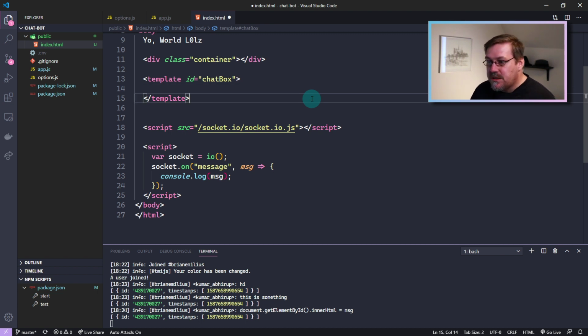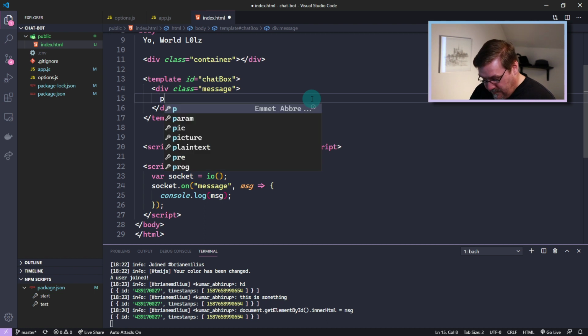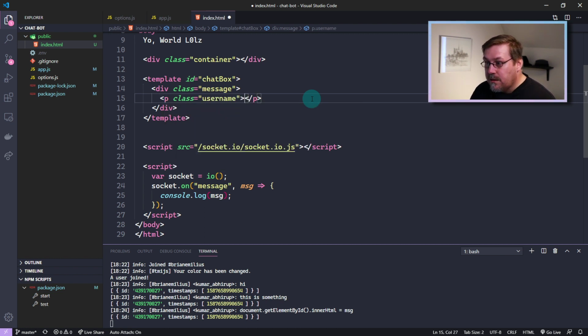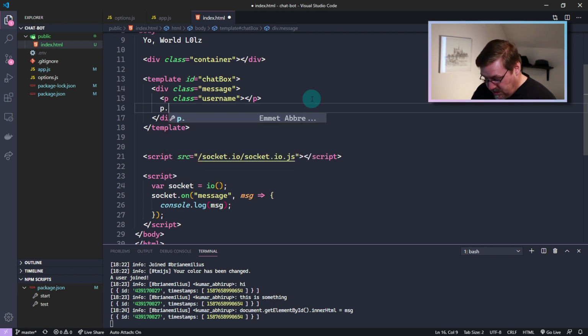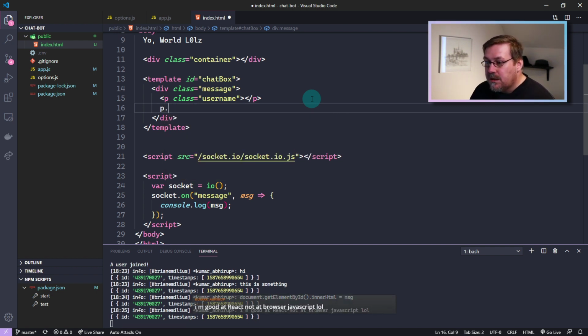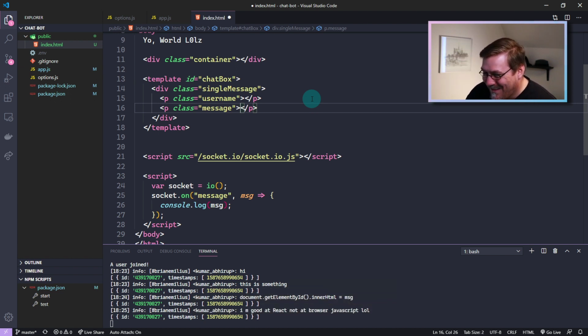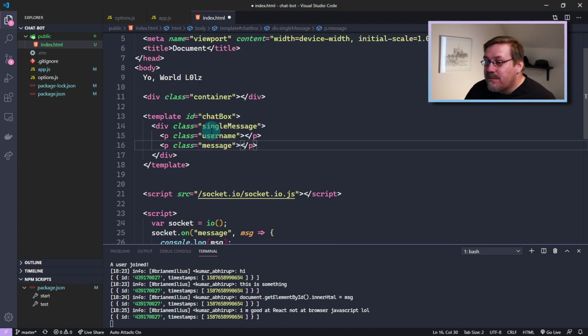So the template is going to be a div message, and that's going to have a p tag, which is username, and then a p tag, which is message. Oh, we can't do that. There. I'm good at React, not at browser JavaScript. Well, React is browser JavaScript. I've got a template here, and I'm just gonna clone that every time I get a new message